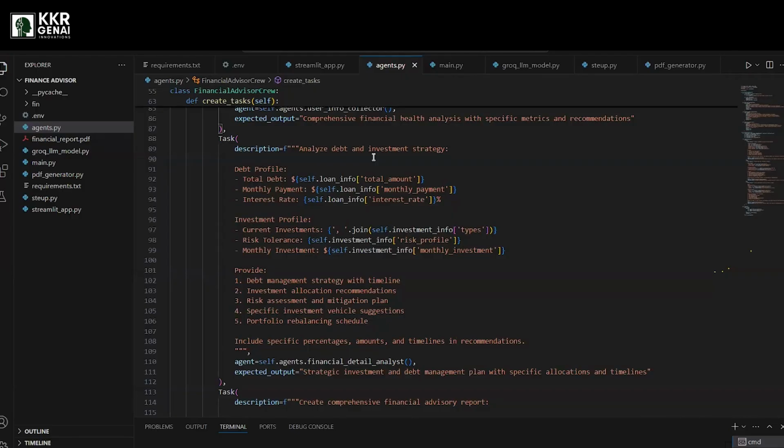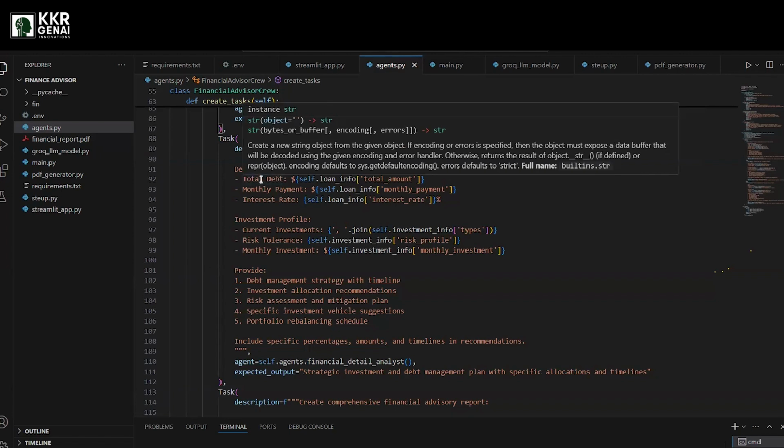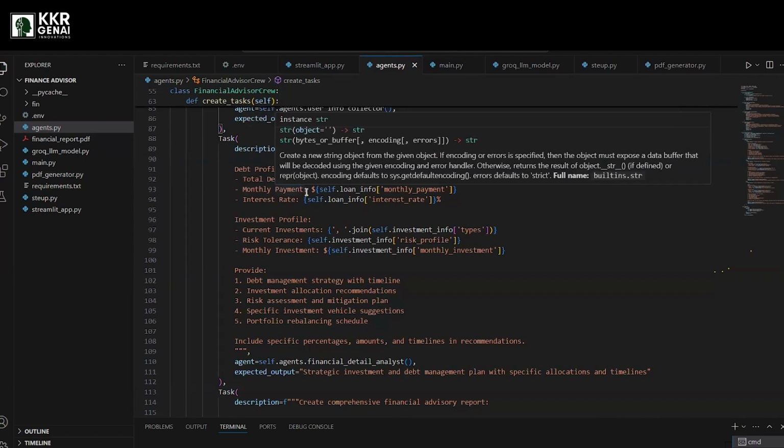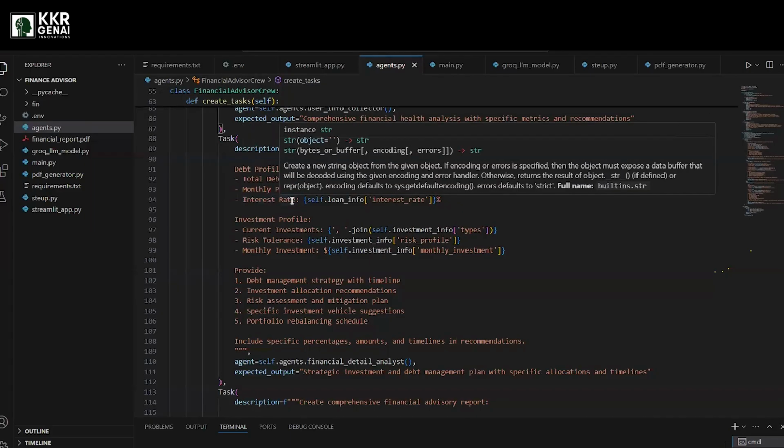From that information, the investment strategy analyst will check for the debts, like asking about the loans they have, how much EMI, what the total debt is, and what the monthly repayments they are doing. They need to calculate that also, and what the interest rates are upon which they got the loans.